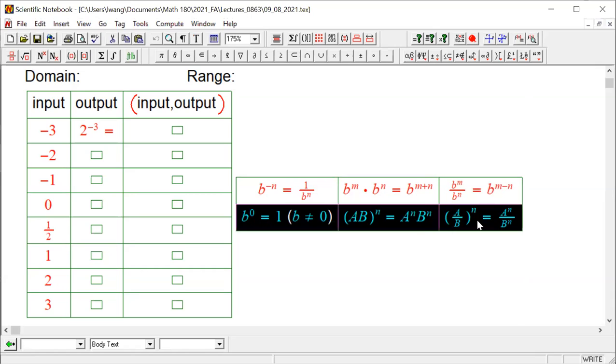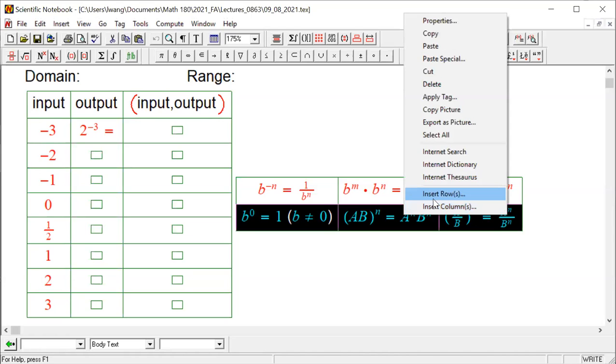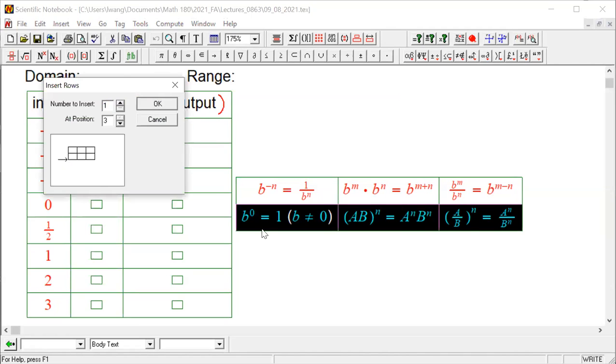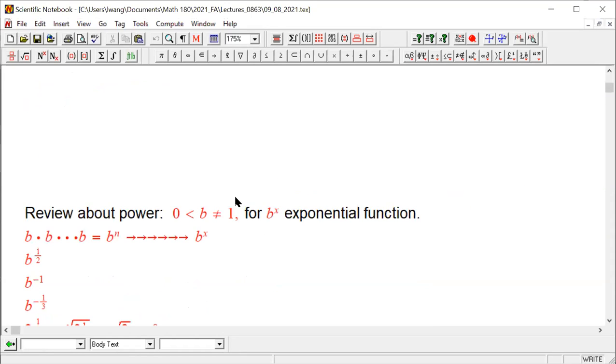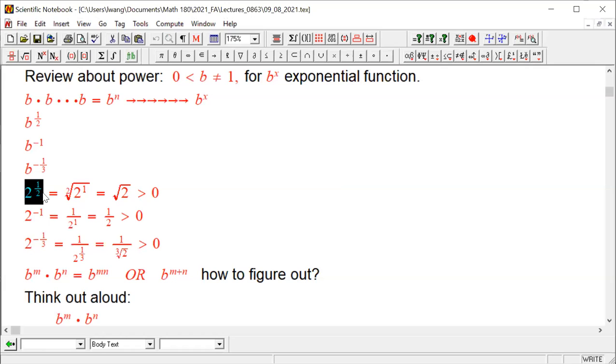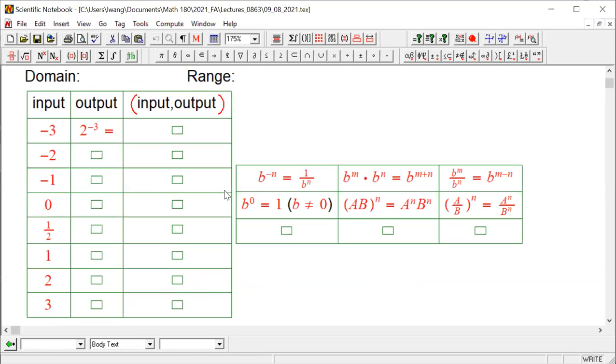Okay, since we're here, I'm going to give you a couple other rules, properties that you need to review. Which we have these examples. We had talked about these examples earlier on, right? So you have a fraction. So we had this here, which you deal with a negative exponent, right? And we also have